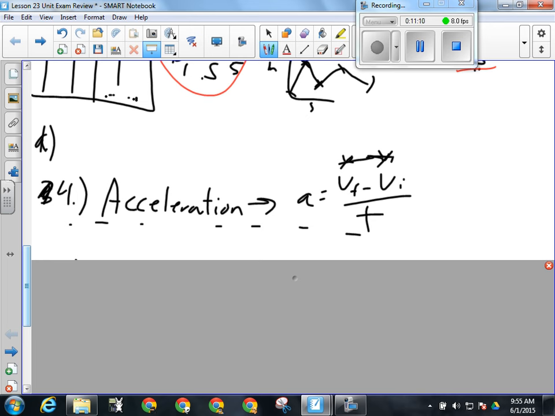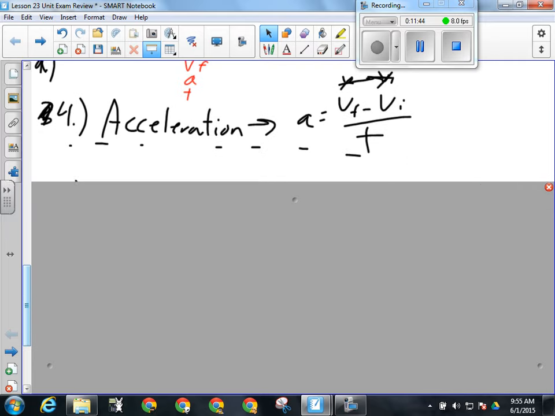What did this question give me? Write down your givens. If you see something that you haven't had to do an energy calculation, it's probably not an energy calculation, right? Match that stuff up with your formulas. In the question like that, I gave you VI, I asked for VF, and I told you A was 9.81, and I told you the time was 7.5 seconds. I'm looking at that and thinking that's not what I would get in an energy kind of question. Agreed? All right, so it's really important to write those givens down. So yes, there's going to be some acceleration problem solving on that test for sure.